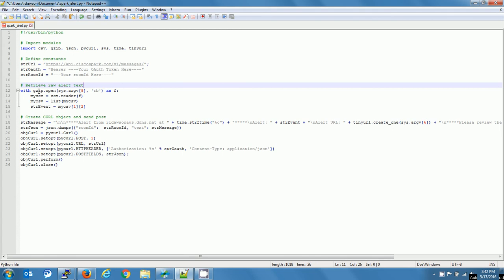So we use the gzip module to open that, and then we use the CSV module to actually read the raw alert text out of it into the string event variable here. Next, we create the message that we're going to post into the Spark room. And so it's a combination of text. I've included here a time module to generate a date time value for a timestamp, the raw alert text here,